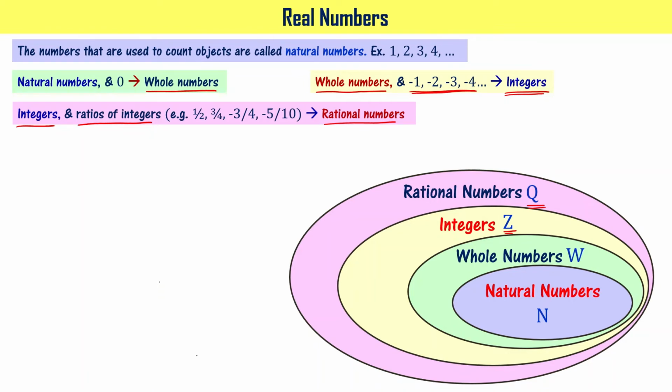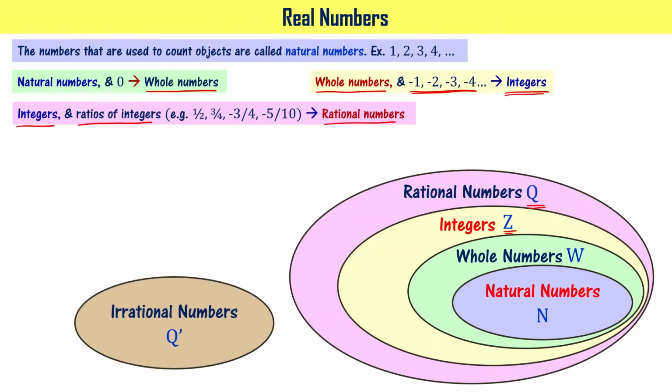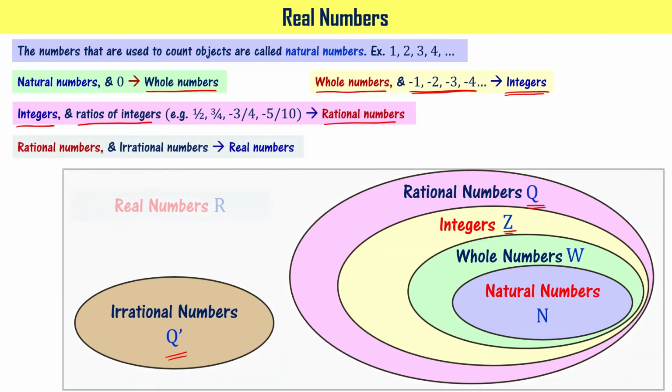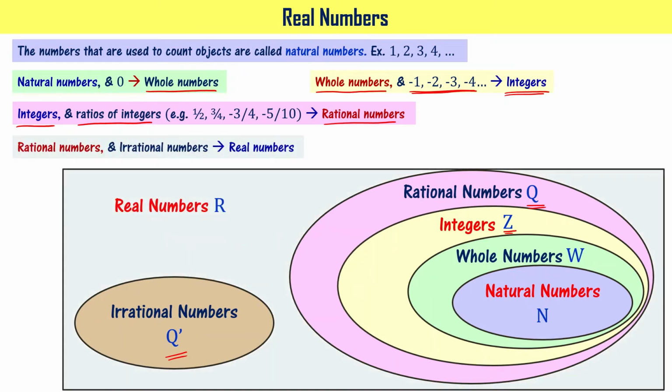And we know that there is a certain class of numbers called irrational numbers. These numbers cannot be written in the form of P by Q, right? So those numbers are called irrational numbers and denoted using Q prime, right? We know that rational numbers and irrational numbers put together are called real numbers, right? Do you know any other numbers than real numbers? For real numbers you can represent using a rectangular shape. Okay, the rest of the things I have represented using ovals, but you can show them as circles also, right?